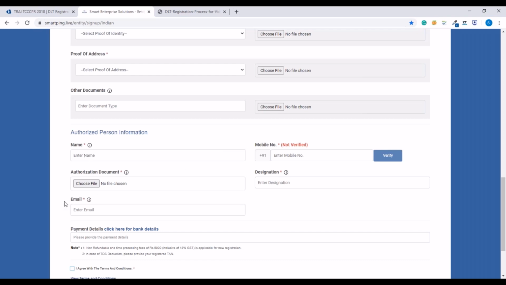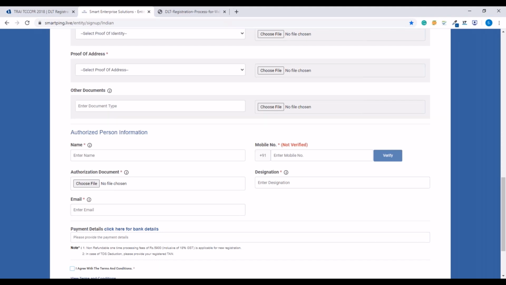The mobile number and the email here would be used as login details further on, and this email will receive the OTP or email verifications. The mobile number may be used to get OTPs in the further process. So once you enter your mobile number, you have to click verify, which will give you an OTP. You have to enter that OTP and your mobile number is verified.